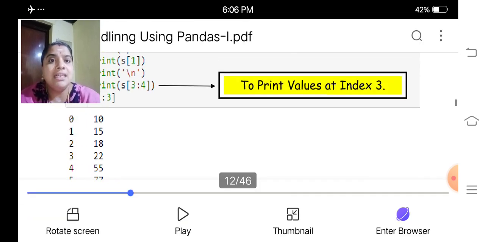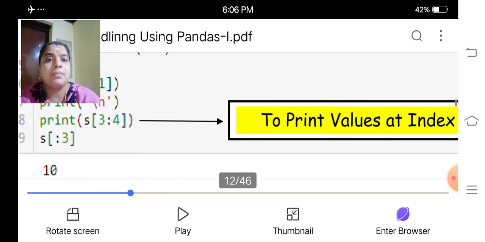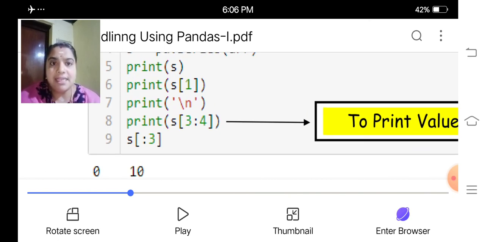Why? Because it is given as s of colon 3. That is, nothing indicates the index 0.